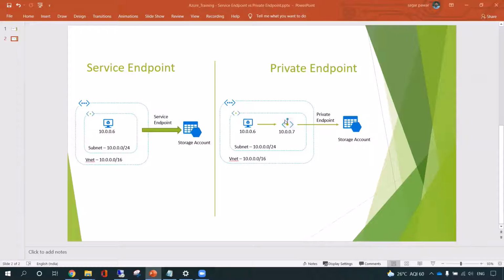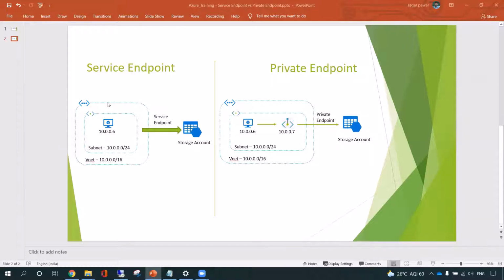The traffic will remain within this network. It will not go out. So it is a good design if you want to connect to your storage account in a secure way. We'll go back to the demo, and I will show you how to set up the service endpoint, and then how to set up the private endpoint.